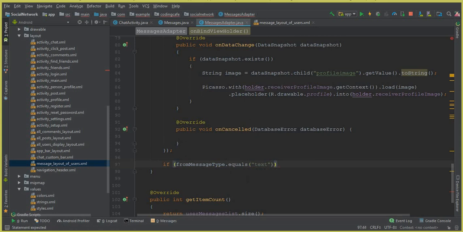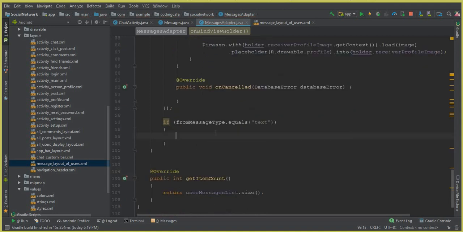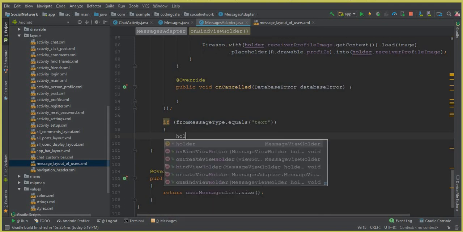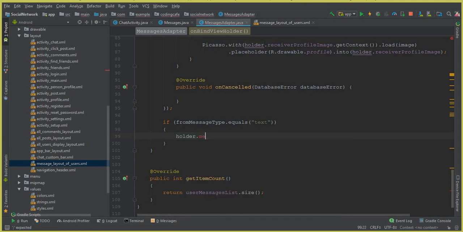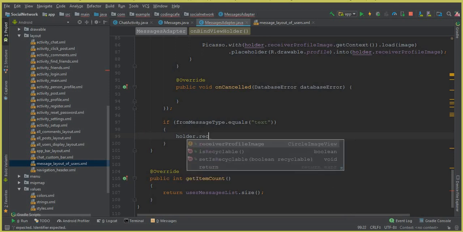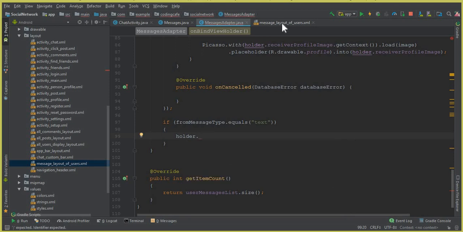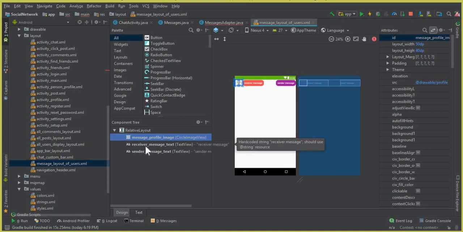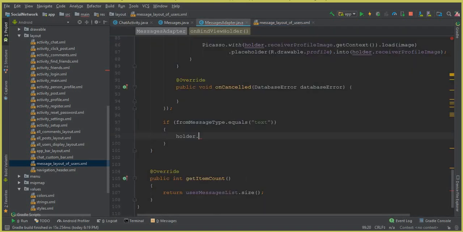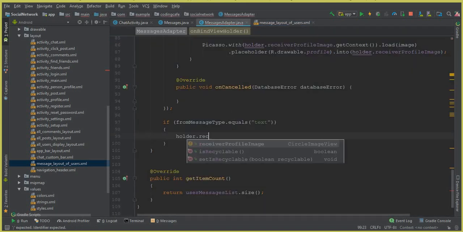So if the message type is text, then basically we are going to display the layout just like you see in Facebook and other social networking apps. For that, we can say holder dot message receiver message. What was the ID of that? The ID of that was receiver message text. So here we can say holder dot receiver